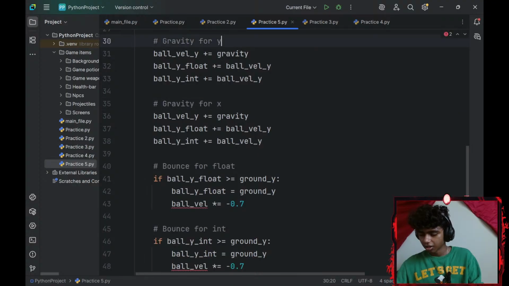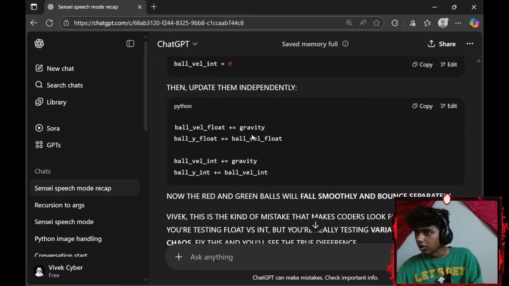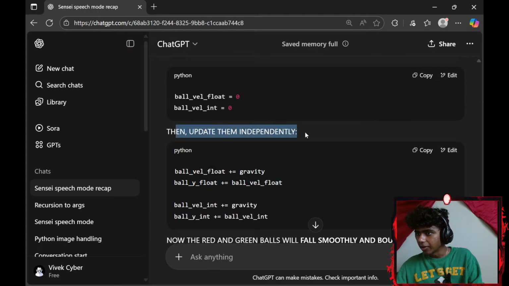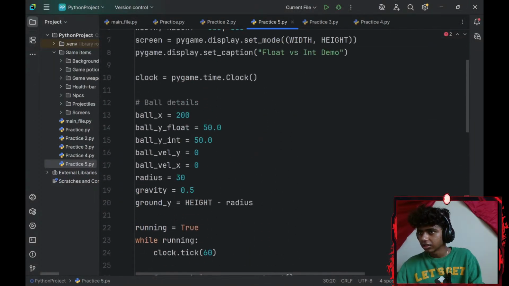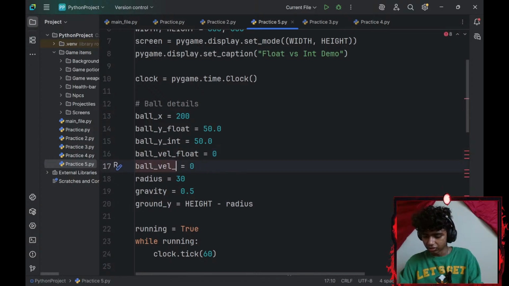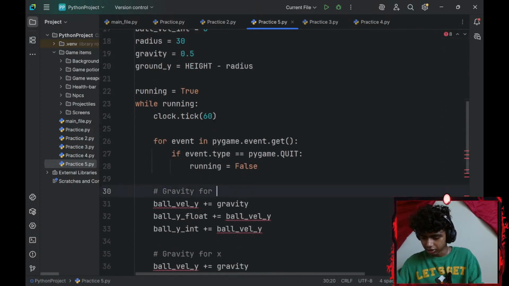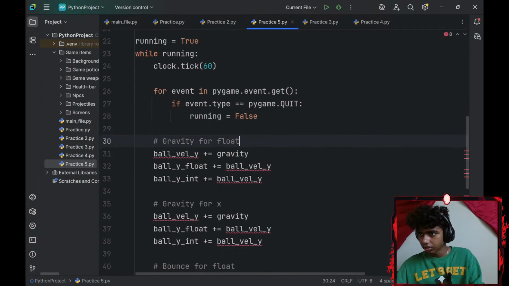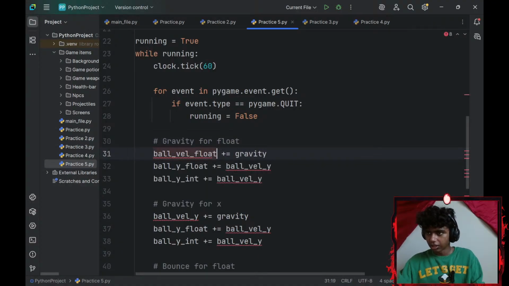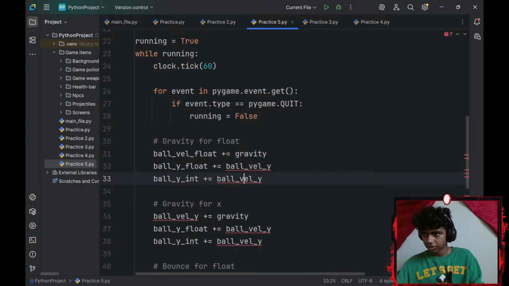Actually, this is going to be for integer, right? Was it for integer? So it says float. Okay, then update them independently. So it's a float and an integer, not x-axis and y-axis. Let me just change this to float and that to integer. Okay, that makes more sense. Let's change this to float. Says underscore float. Then I'll copy that, paste it here, paste it here,